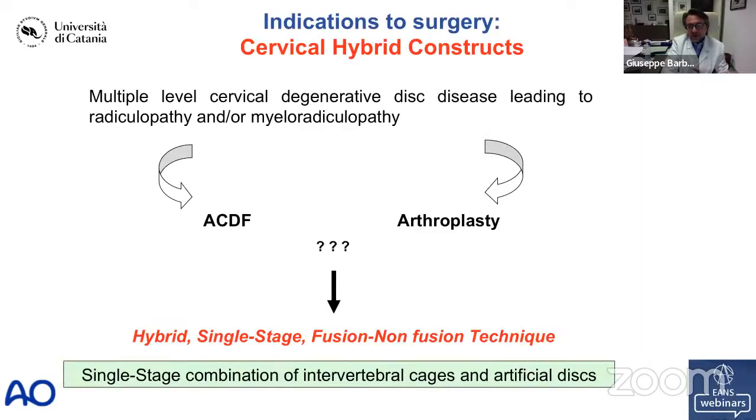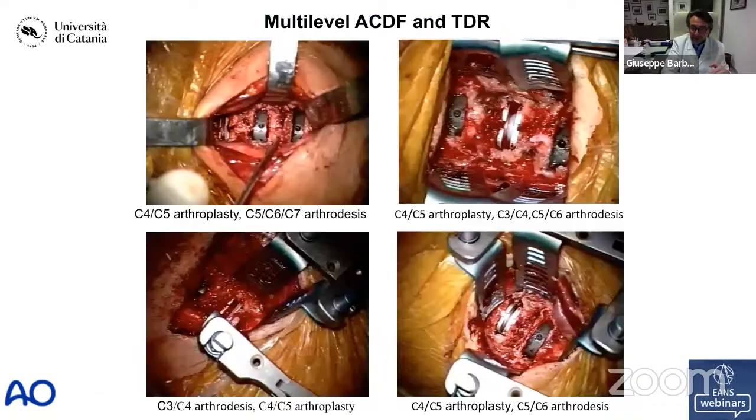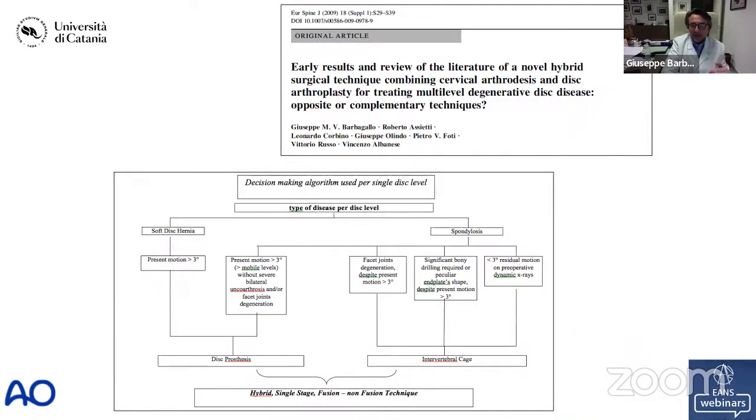When we move towards hybrid techniques, I still think that this is something doable, even in myelopathic patients, particularly when you're dealing with patients who do harbor different disease at different levels in the cervical spine. So you can actually combine, during the first operation, the index surgery, arthrodesis and arthroplasty at different levels, as you can see in this picture. And I still think that this is a good way to respect anatomy, to respect pathophysiology, and to avoid long